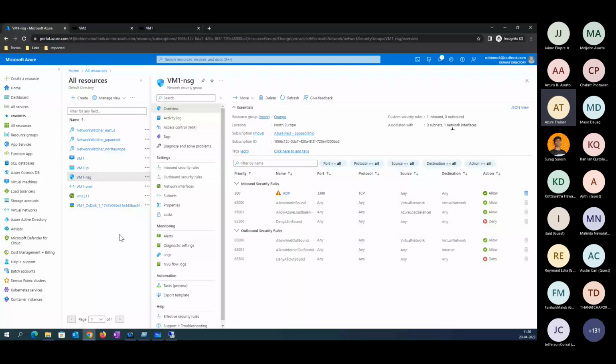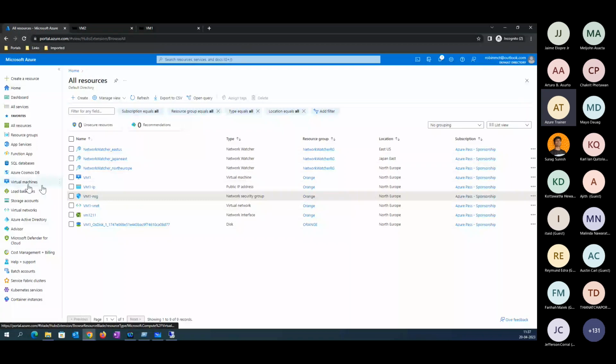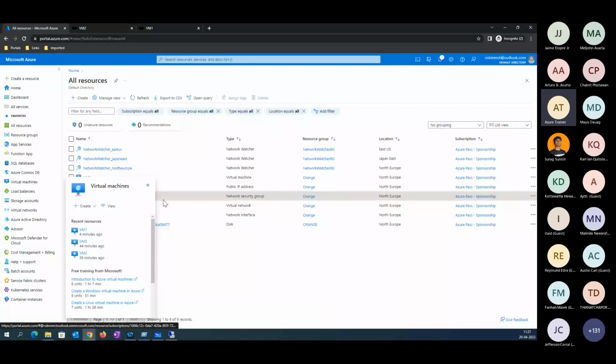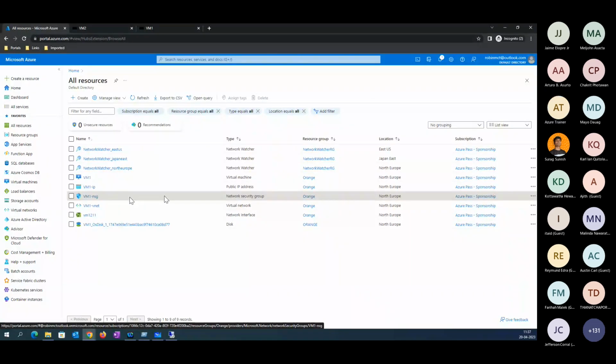Now, on the NSG itself, you may be able to see you have an inbound security rule and an outbound security rule. Both you are able to see here. So you can see the RDP port currently has been allowed, created as an exception here, saying that this port and this protocol are allowed. You may have noticed that the moment you created a VM, automatically along with your VM, this exception or this network security group got created.